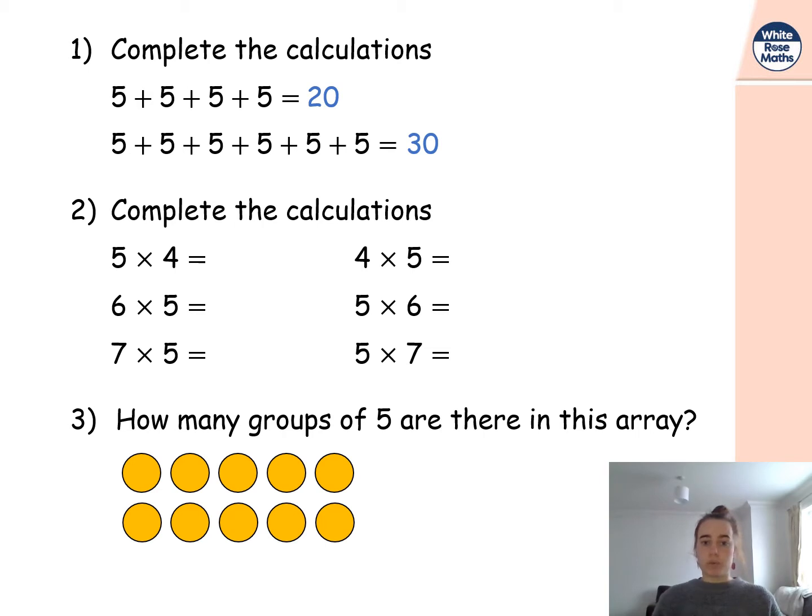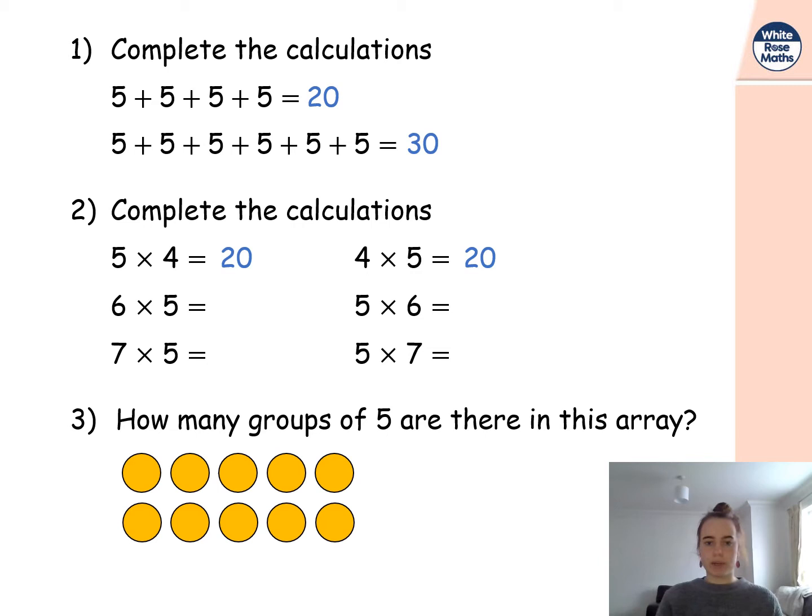So the multiplication ones, I'm not sure how you worked it out, but again you could probably count up. If it says 5 lots of 4, that's the same as 4 lots of 5. You could count up 4 lots of 5, 5, 10, 15, 20. Or you could draw an array of 4 lines, or 5 lines of 4. Or you could draw 5 equal groups of 4 or 4 equal groups of 5. So let's have a look